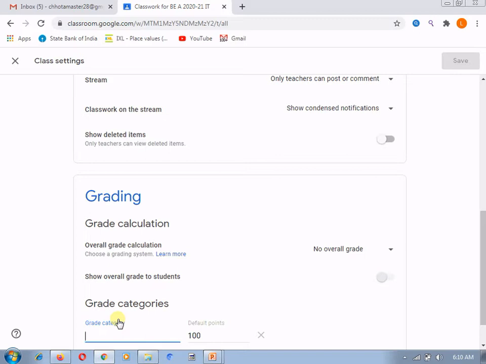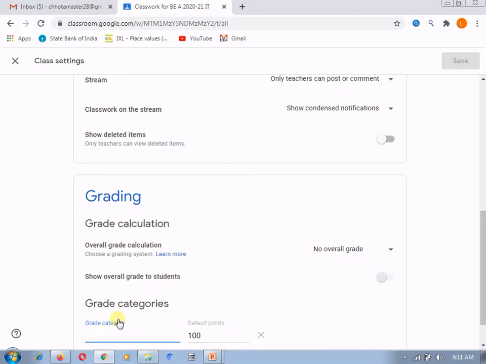Suppose from 100% you give 60% marks to your lab assignments and 40% marks to your internal assessment to give the term work to the students. In this case you can divide your assignments into these different categories.